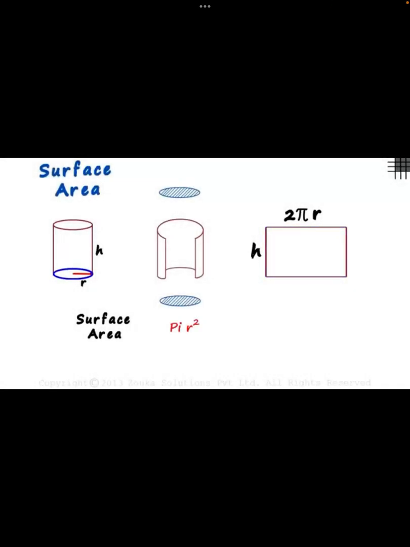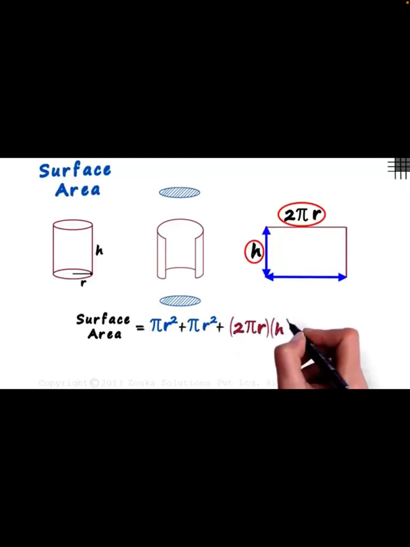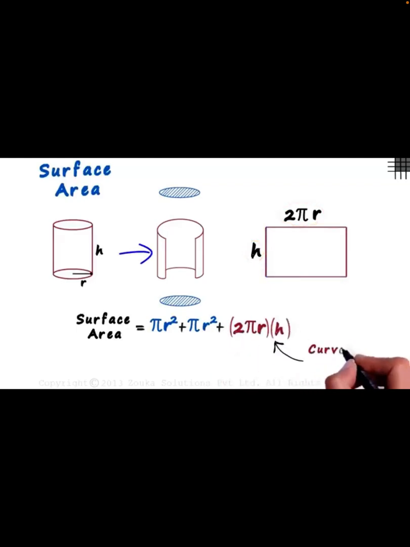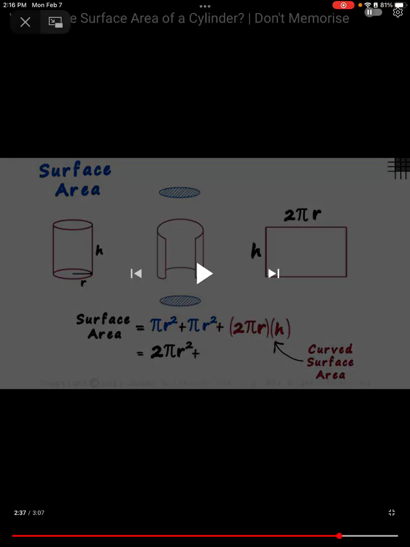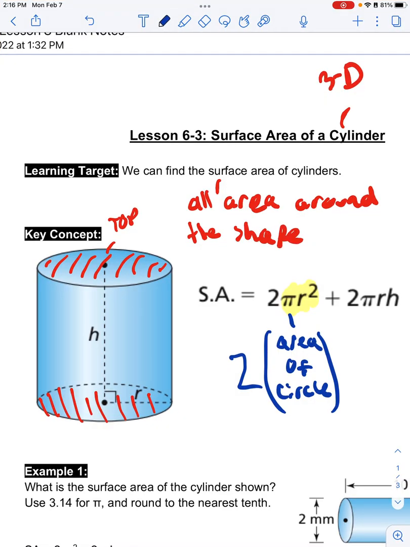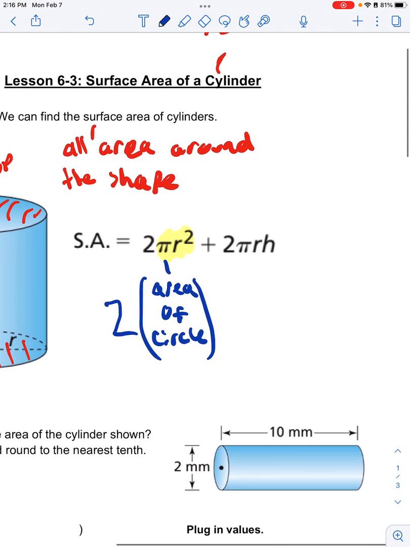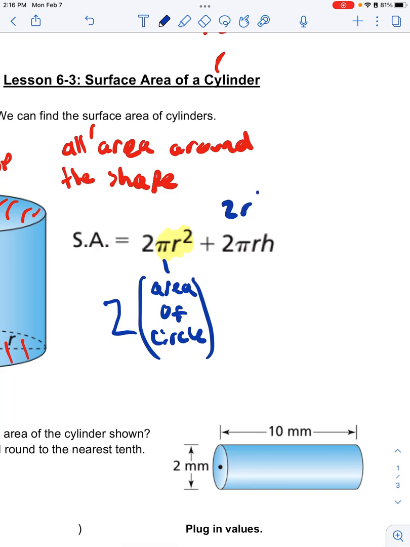So you can see that in order to find this, we take our two areas of our circles, and then we add base times height of the rectangle, but really, instead of base, it is circumference times height. So that's a cool little video of how we derive this formula. If we take a look again, Mr. Larson likes to write it as 2rh times pi, because you might be able to simplify 2 times r times h. But this part right here